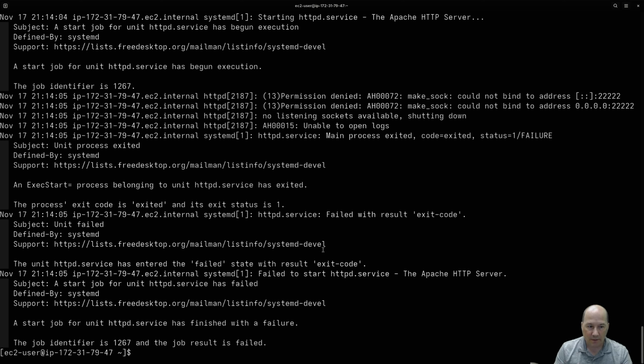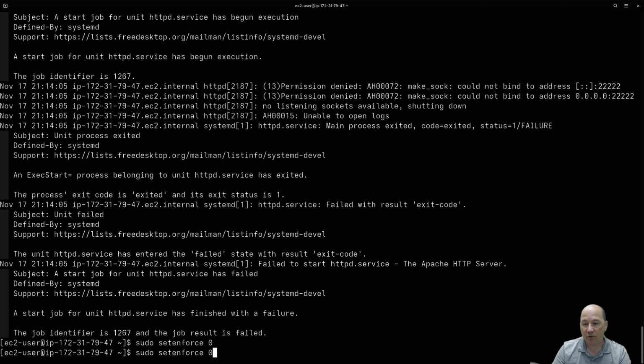So it doesn't like the ports. So we broke it. Now, I happen to know that this is SELinux. So if we do sudo setenforce 0 and we try and run it again,